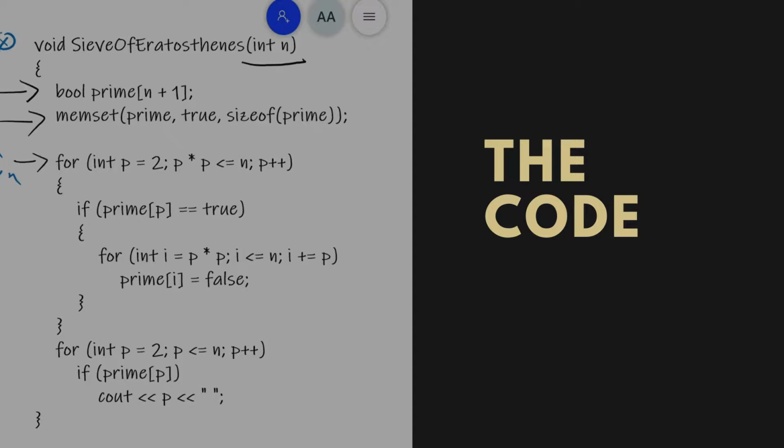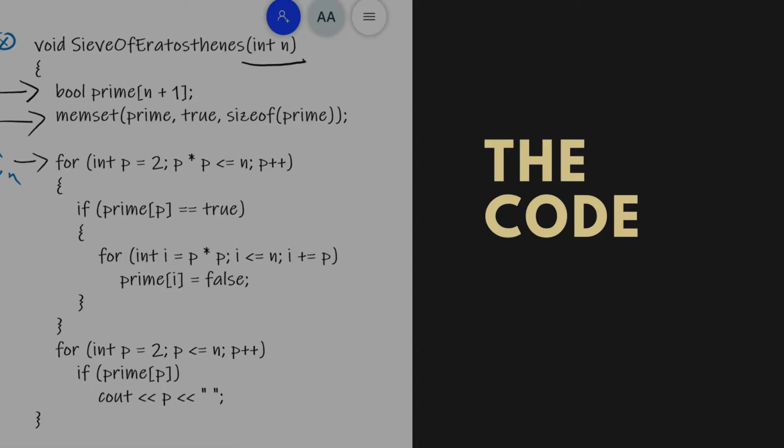Now we'll put a conditional statement where, if the number is prime, we'll go to another loop which will put all the multiples of p as false because they are not prime anymore. So we'll start the loop from p square, as we've discussed in the example.